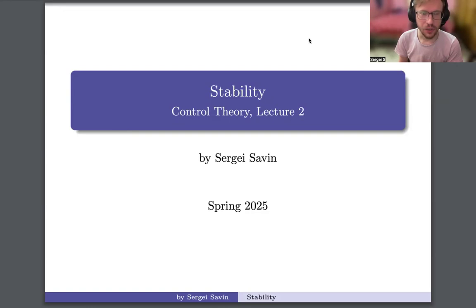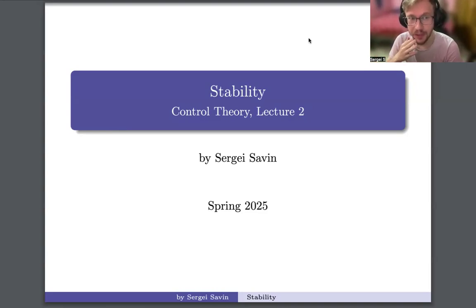All right. So last lecture, you remember we were discussing models that we are going to use in the class. We discussed ordinary differential equations, and we saw how we can convert them to what we call a state space representation, basically a system of first order linear differential equations. Today, I'm going to show you one of the fundamental ideas behind all our effort in control theory,